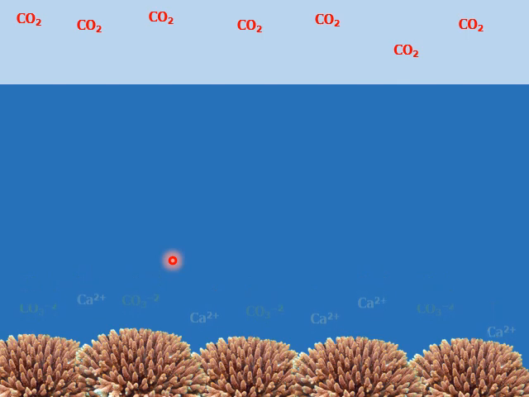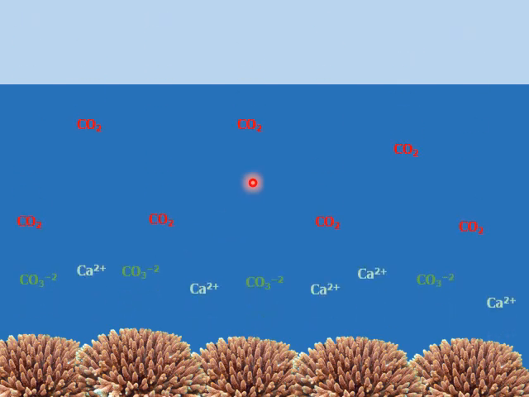So with more burning of fossil fuels, we have more carbon dioxide in the atmosphere. But a lot of that carbon dioxide doesn't stay up there. It goes into the ocean, which is great for our climate because that means there's less CO2 in the atmosphere causing our climate to warm. But it causes other problems for the ocean. So when carbon dioxide enters the ocean, it combines with water and forms